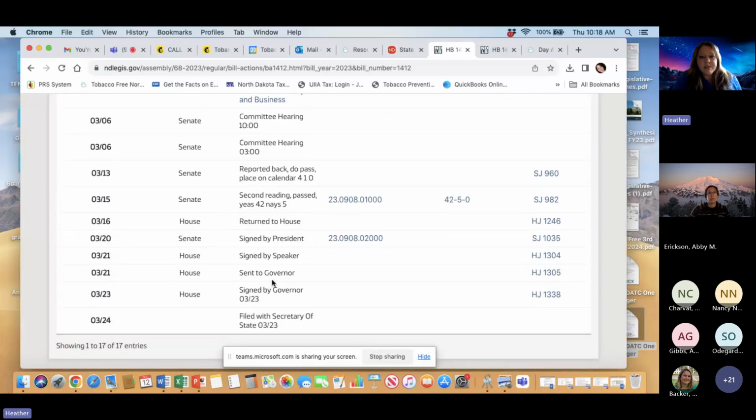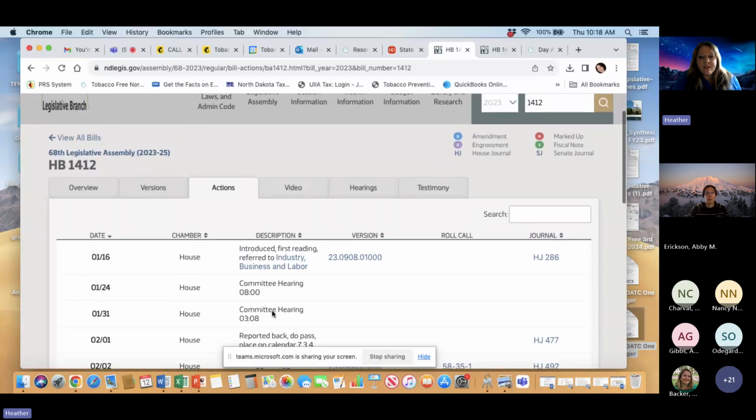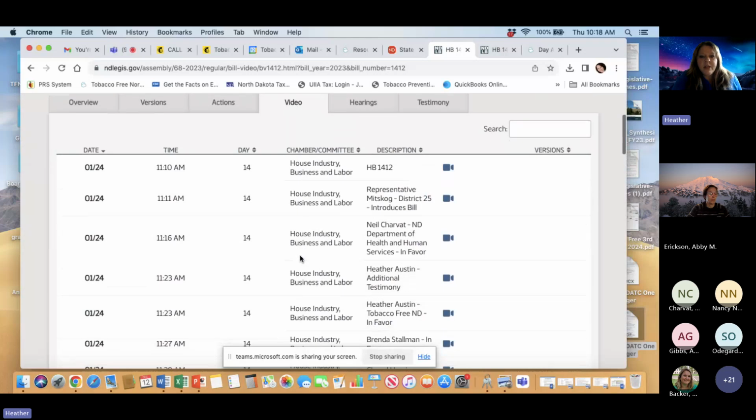And then you can see where it was finally moved through and accepted and signed by the governor and filed with the Secretary of State. And so every bill will have this real-time history going for it as it moves through the different committees and chambers of the legislature. If you want to watch any of the videos of the committee hearings, this is where